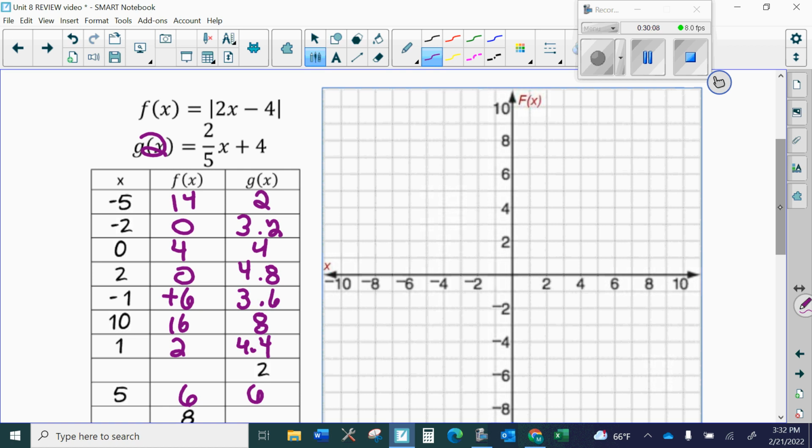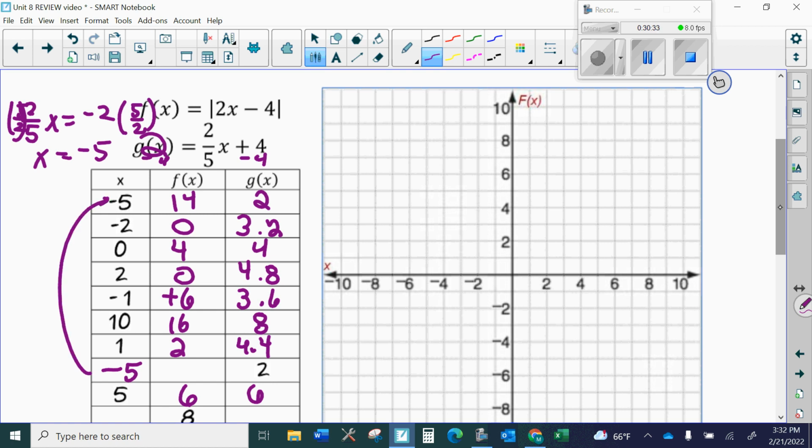Subtract the 4 across. So I have 2/5 x, subtract the 4 across, and get -2. Then multiply by the reciprocal, 5/2 on both sides. And I get x equals -5. So -5 there. Now stick that into the first one. Oh, we already have that one. Oh, I didn't even have to do that. I could have looked right back up here